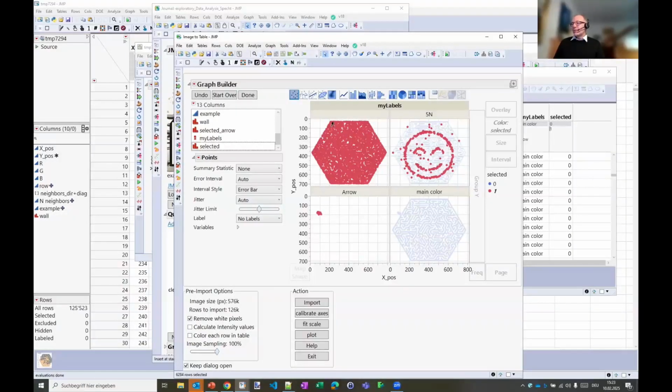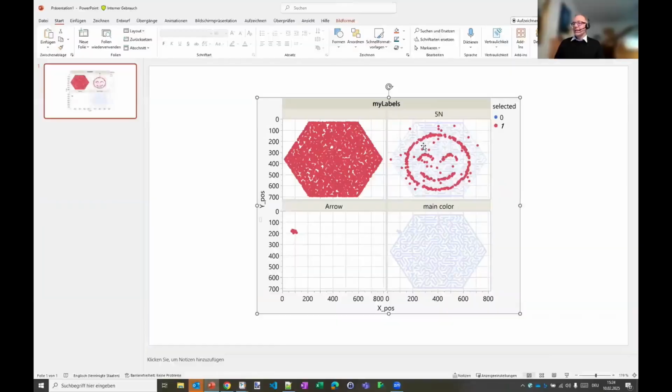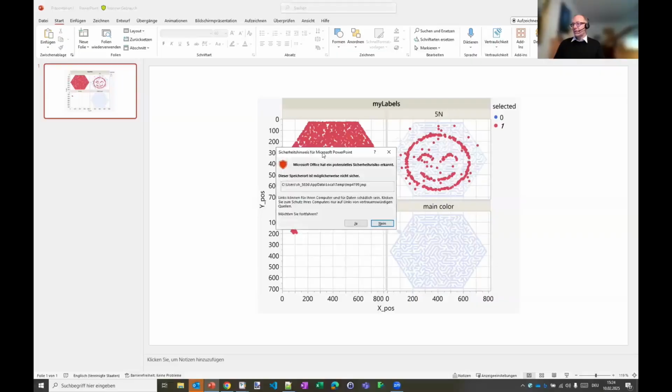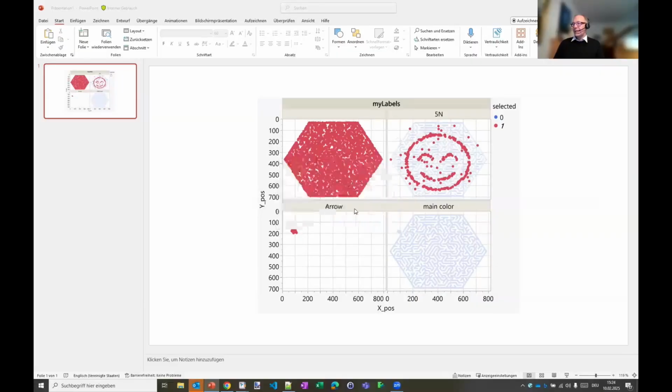And when you found such a secret, you want to share that with your colleagues. And the easy button to do that is this send to PowerPoint button. You just have to click there. And if there is a PowerPoint presentation open on your system, then the graph will be automatically added to your PowerPoint presentation. And even better, when you press Control and click on the graph, then you can come back